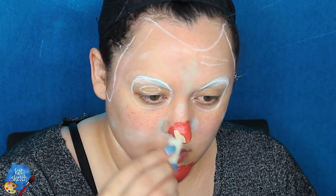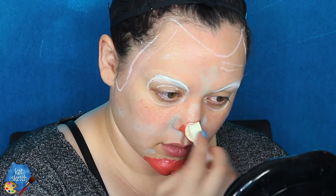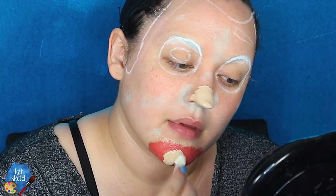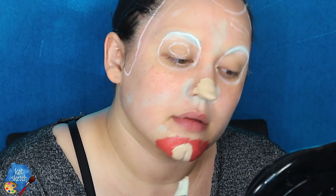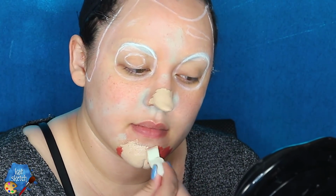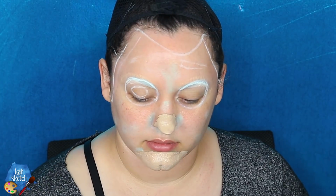Once that is all blended, we are getting our skin color in the Mel PAX Paint on top of that mauve, red, orange paint that we did before on the foam latex prosthetics. What I did was I snipped a disposable makeup foundation sponge in half to really get good coverage on these smaller prosthetics. And once that's completely covered, again, you want to make sure that it's completely dry, because next we're